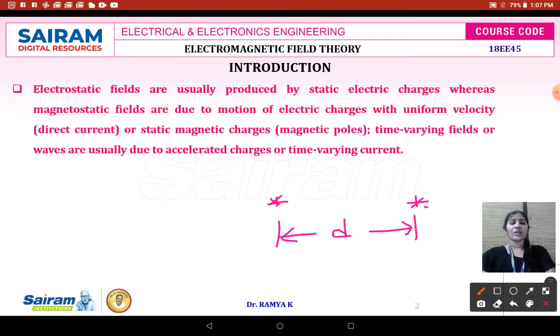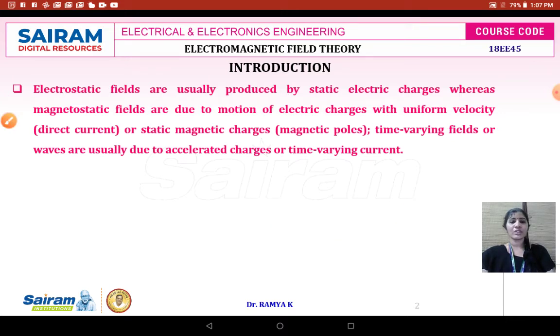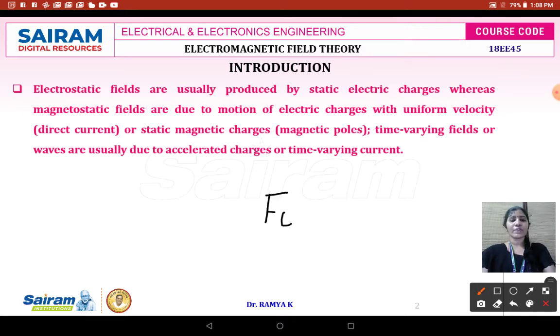So here the force acting on a unit positive test charge exhibits an electric field. When you consider any application, it has not only the property of electrostatics, it will also have magnetostatics. When you consider electromagnetic theory, that is, the application related to any of your electrical appliances, it deals with both electrostatics as well as magnetostatics. Therefore, the total force exhibited will be the summation of the electrostatic force and magnetostatic force.